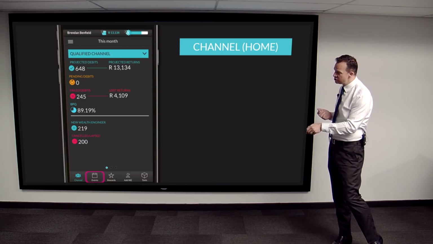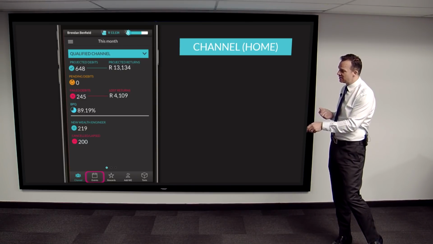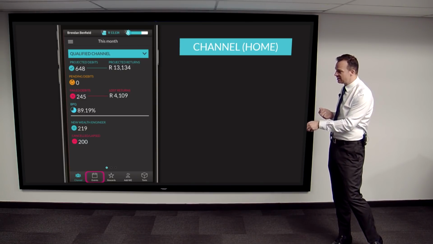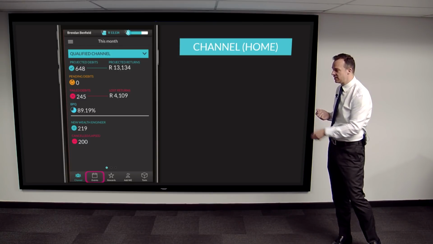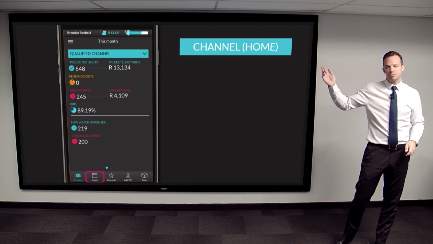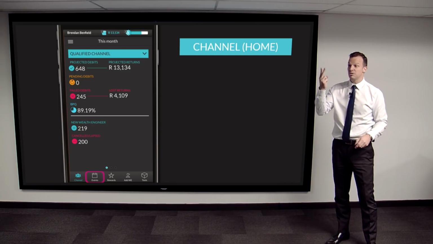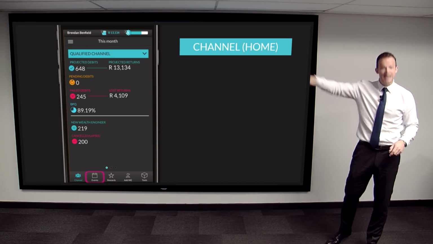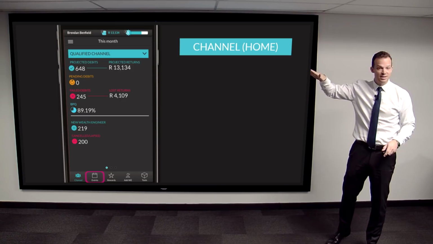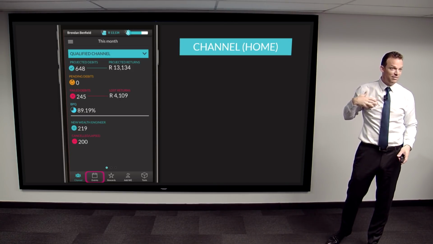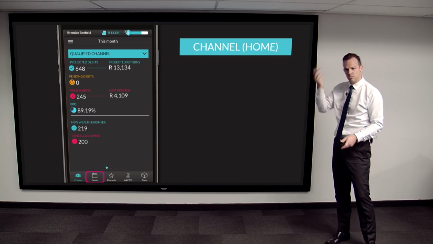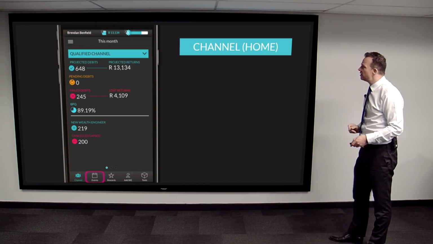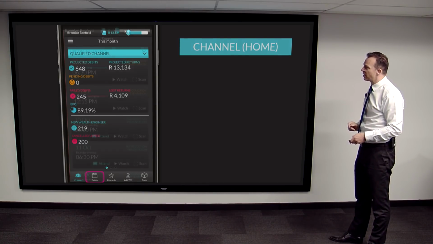And then we've got new wealth engineers. So these are people that are signed up. This has not got to do with debit orders. This is just people that are signed up. And then we've got cancelled and lapsed. So the people that have cancelled their product to DuePoint, or people that have lapsed. Their debit orders have failed twice in a row. We lapse them out. We kick them out. We do that because it costs us every time to do a failed debit order run. And so we remove those people from the system. Right? So you'll have that number there.